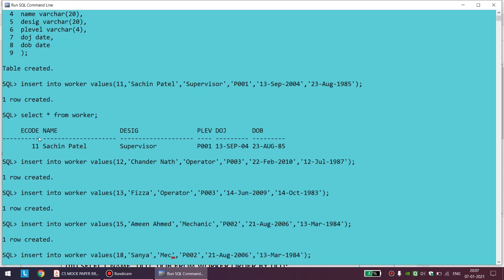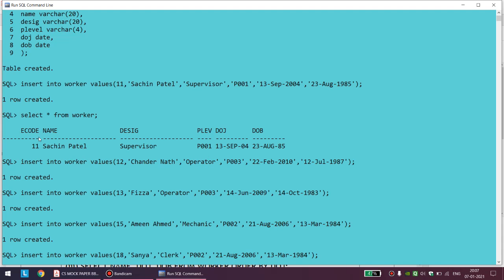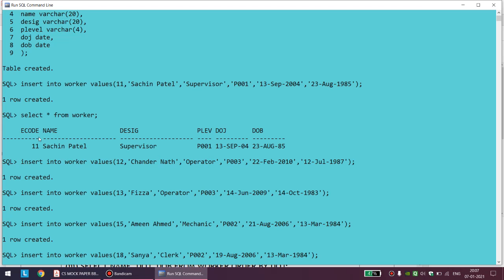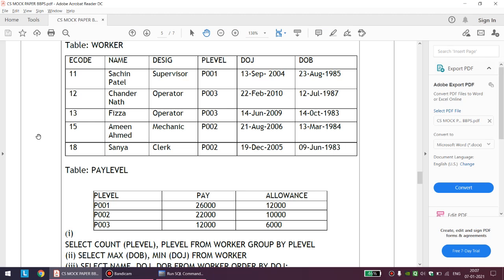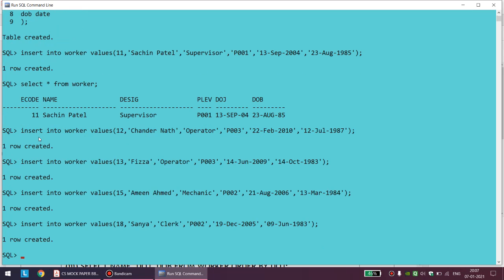Okay. See, this table creation and everything will take some time, so you can skip to the later part of the video. Once again, I repeat, this is not a part of your solution. This is just a revision regarding how we were creating these SQL tables linked with primary key and foreign key. The main question given in the paper is regarding output prediction, and I thought that instead of directly discussing the output, let us revise certain concepts. So if you want to see the output, you can directly go on to the later part of the video.